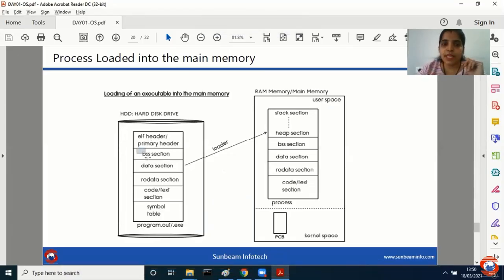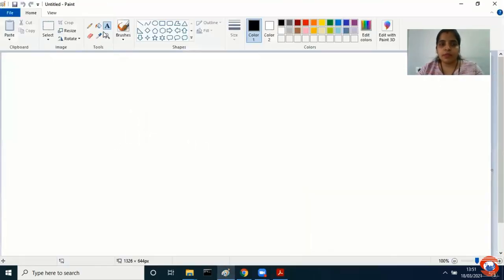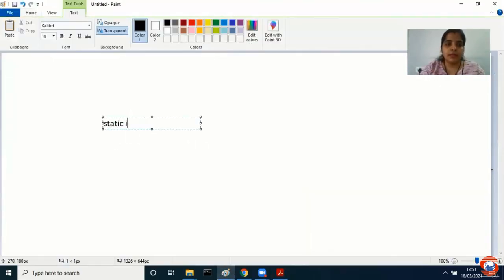The second section is the BSS section. BSS stands for block started by symbol. Now, suppose I am writing static int A, and suppose I am assigning later A is equal to 50. Assume. Now, can you say here, this is just a declaration?